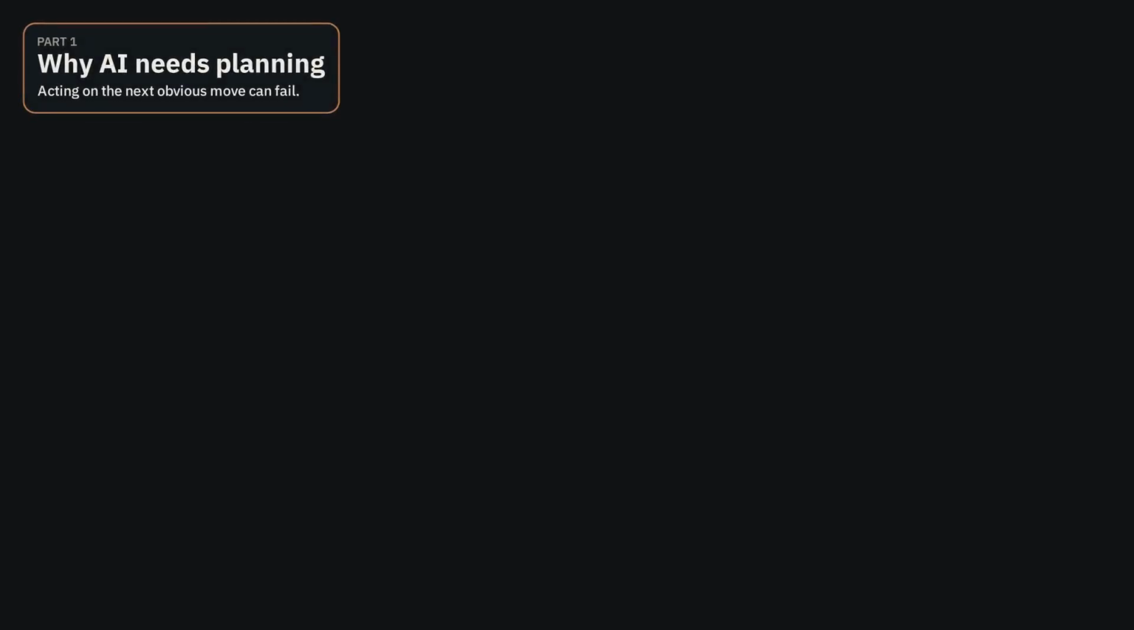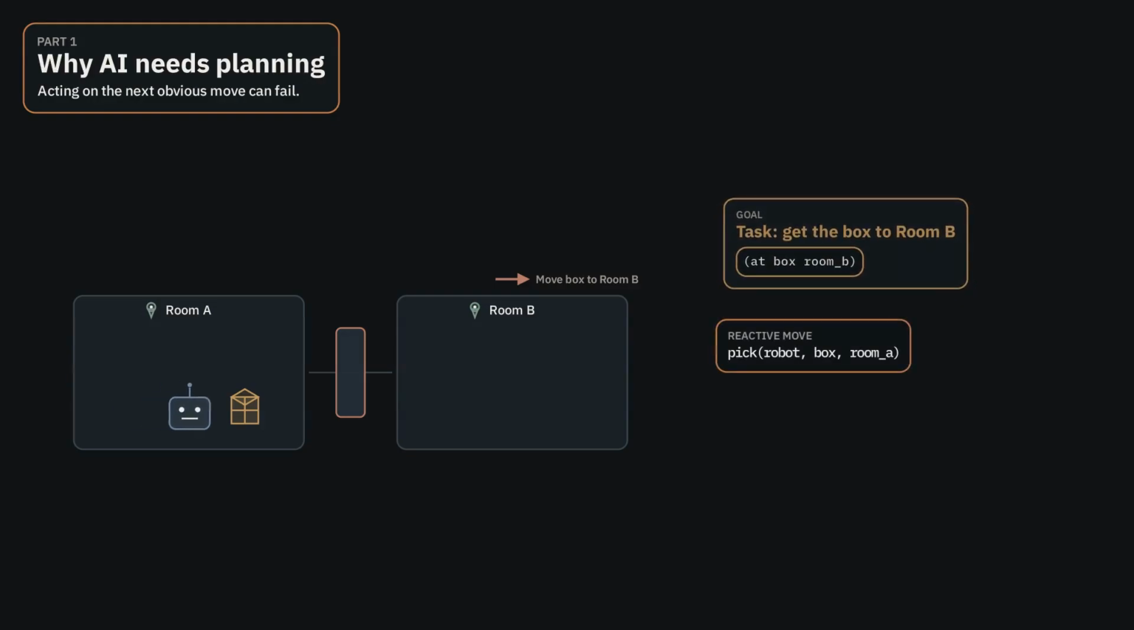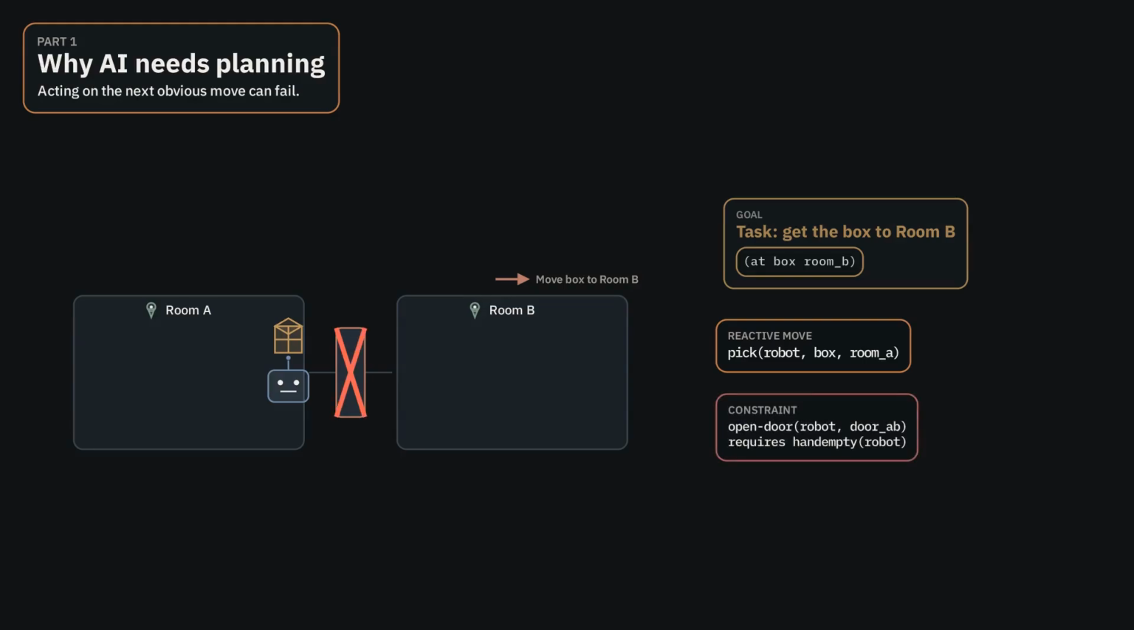Suppose you ask a robot to move a box from room A into room B. First, that sounds almost trivial. The robot sees the box, so it grabs the box. That seems like progress. But now it reaches the door and gets stuck. In this world, opening the door requires an empty hand. So the robot made a move that looks sensible in the moment, but that move destroyed its ability to finish